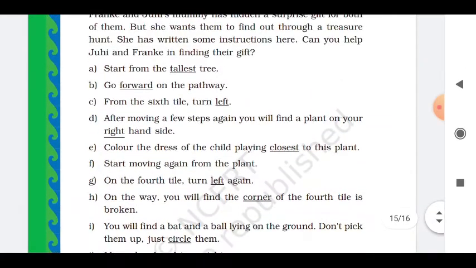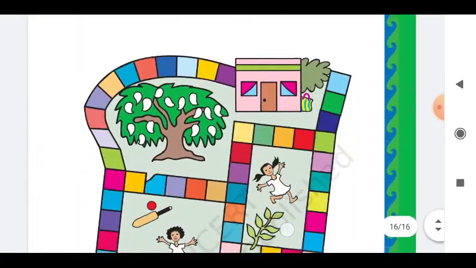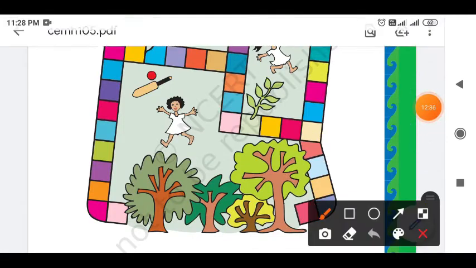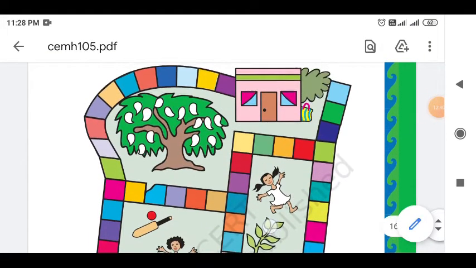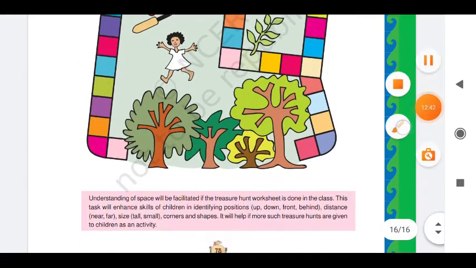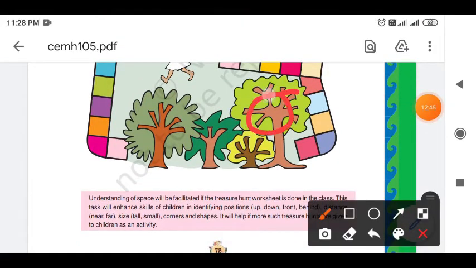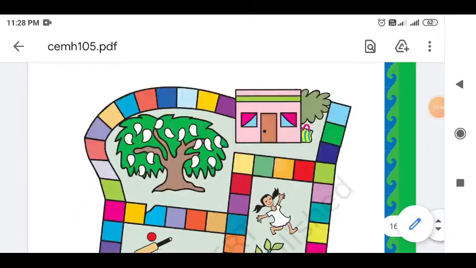So you have to start from the tallest tree. Where is the tallest tree? By seeing this picture, which is the tallest tree? See, this is the tallest tree, right? So start here, and the next direction they have given is